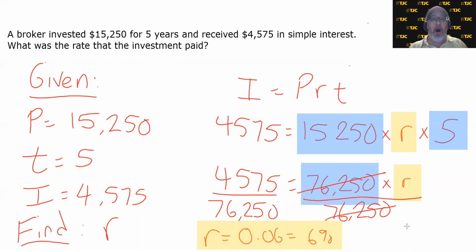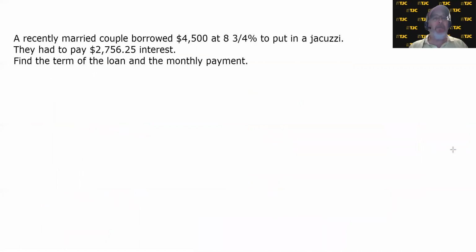A recently married couple borrowed $4,500 at 8 3/4% to put in a jacuzzi, probably in the home they just bought. They had to pay $2,756.25 interest. That's a lot of interest. That's over half the amount that they borrowed. Find the term of the loan and the monthly payment. I'm going to guess that this is a long term because the interest is more than half the amount that they borrowed, and